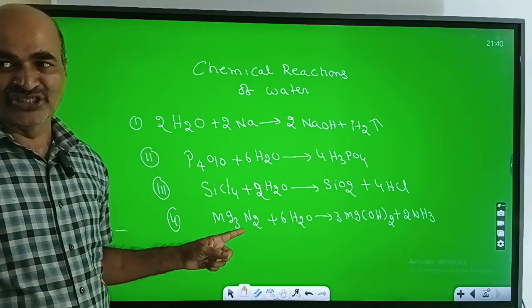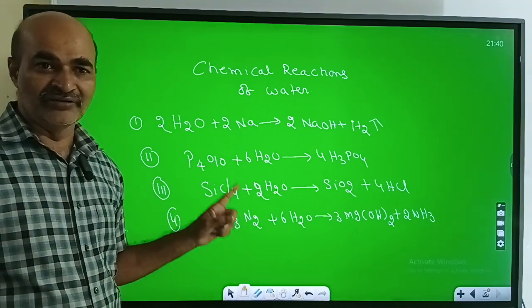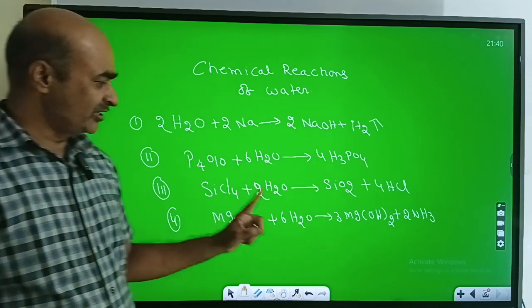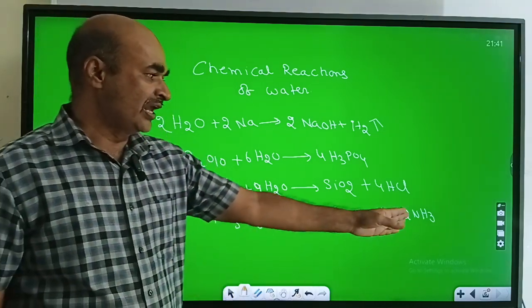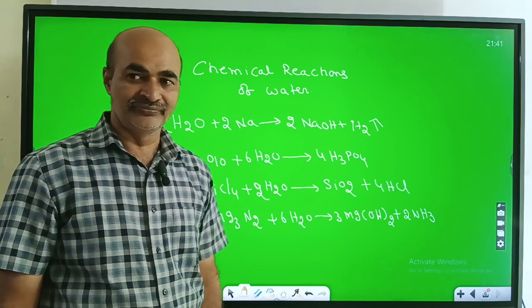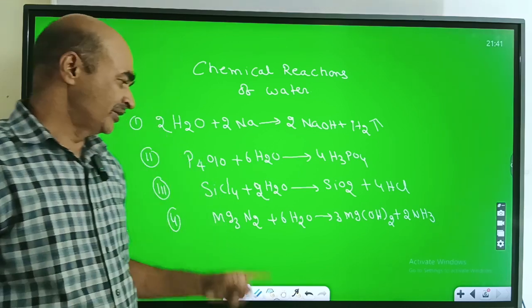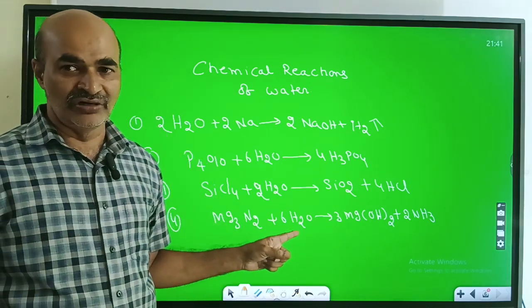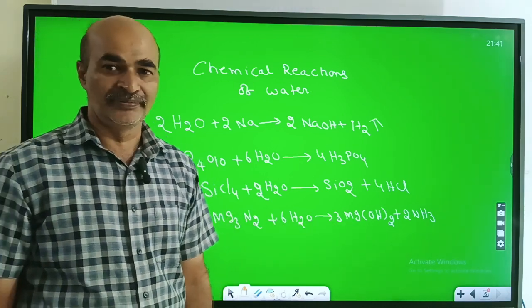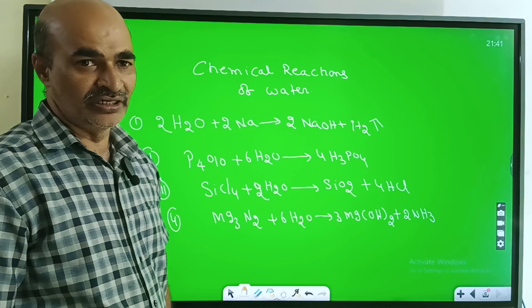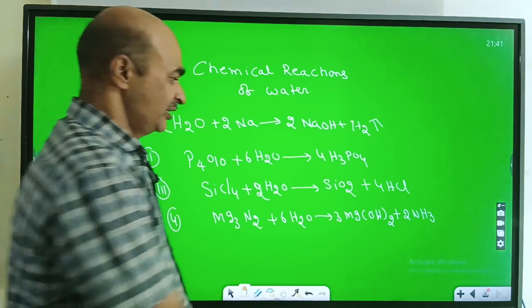This is magnesium nitride. Mg3N2 is called magnesium nitride. Magnesium nitride undergoes hydrolysis to give magnesium hydroxide along with ammonia. Magnesium nitride reacts with water, gives rise to magnesium hydroxide and ammonia. Next